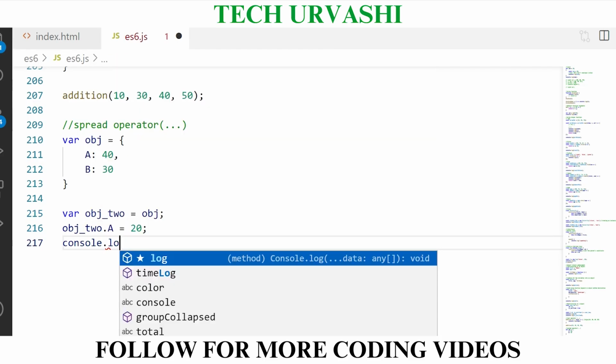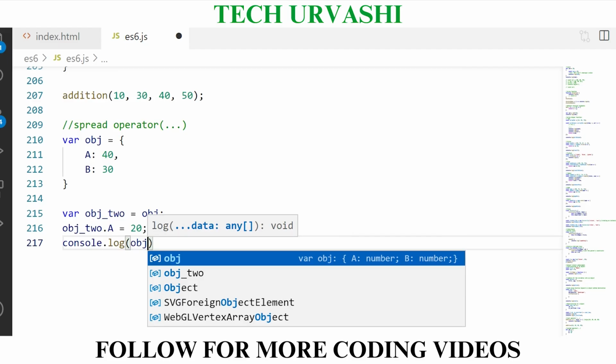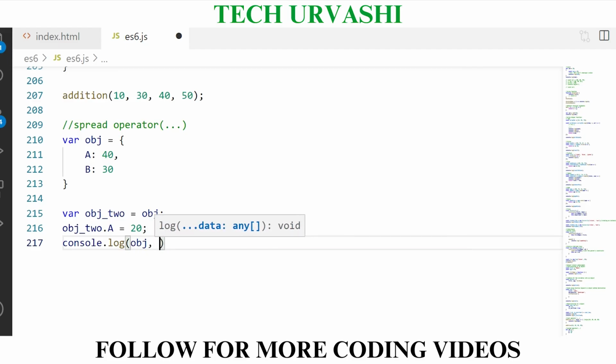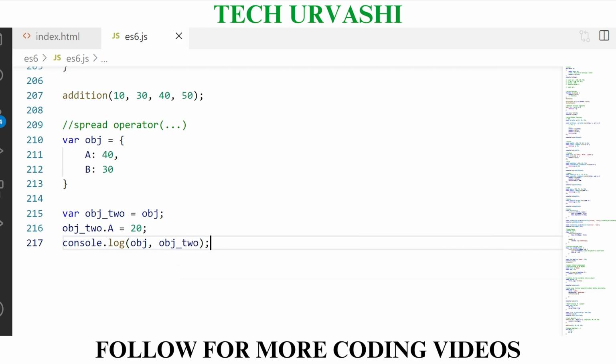Now if I try to console object 1 and object 2, let's see the values.